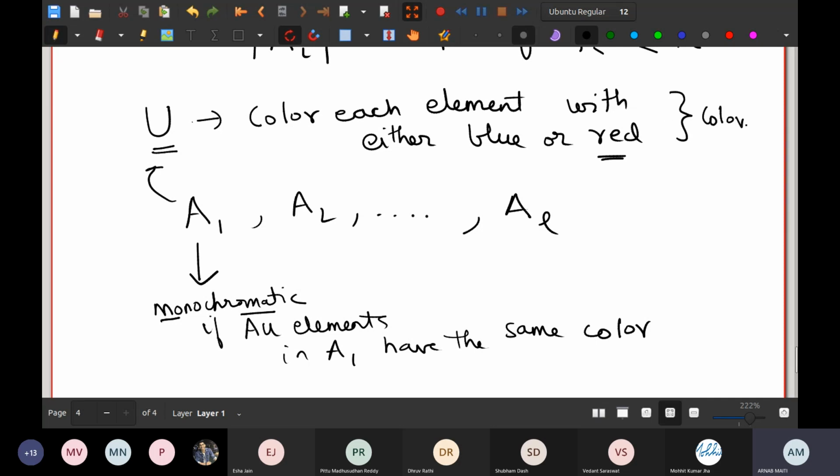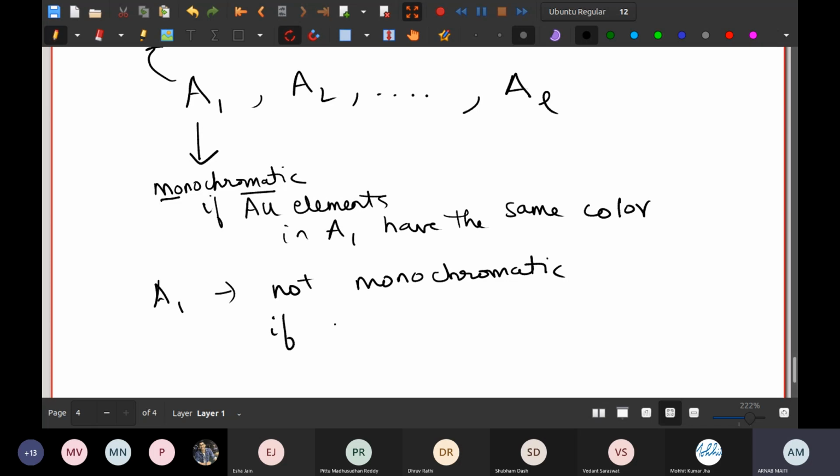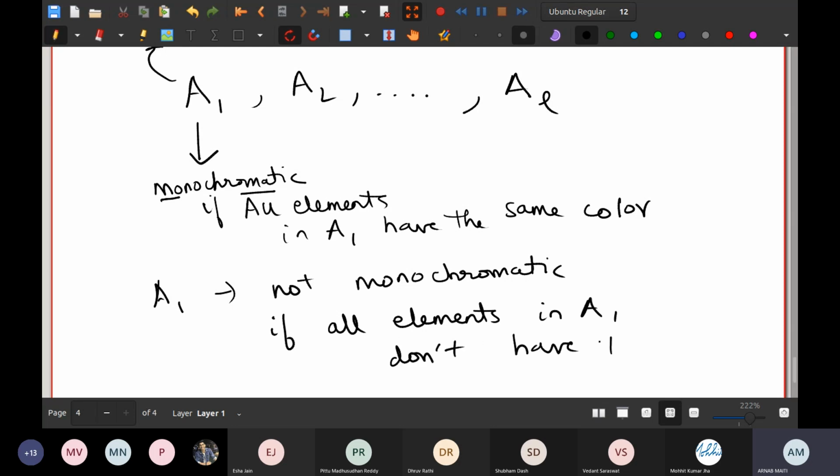Okay, so coloring means assigning a color to each element. And obviously A_i is not monochromatic if all elements in A_i don't have the same color. Okay,